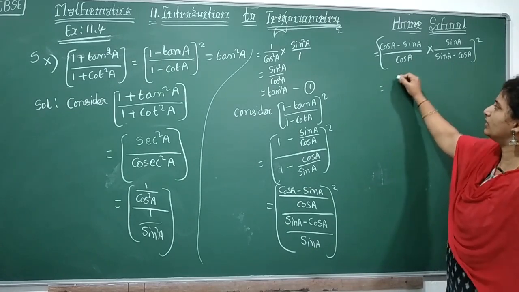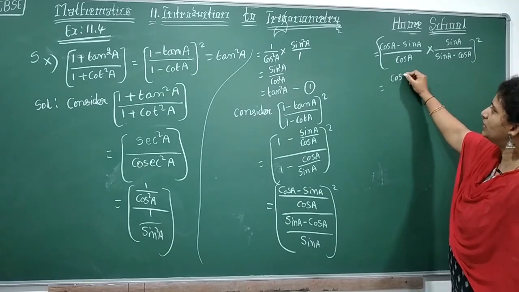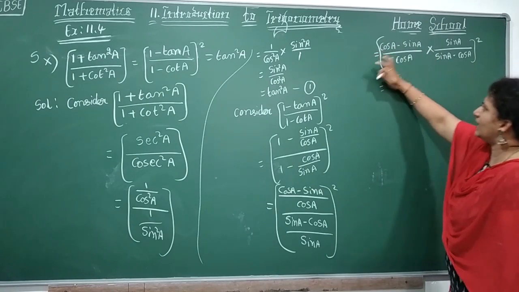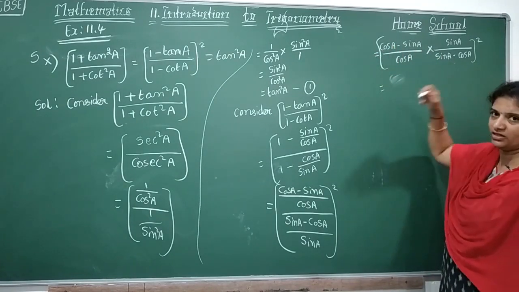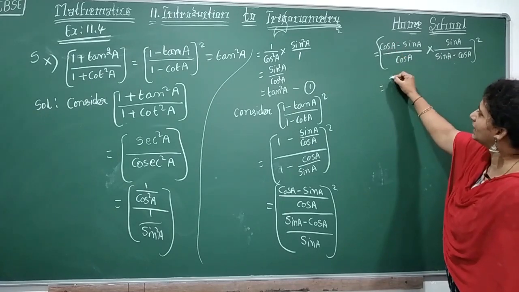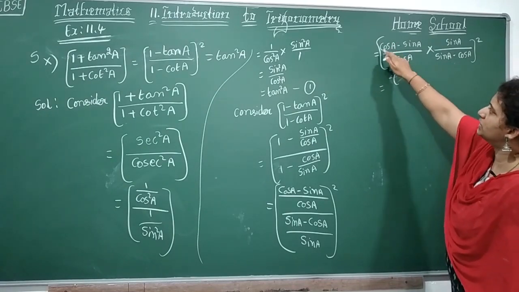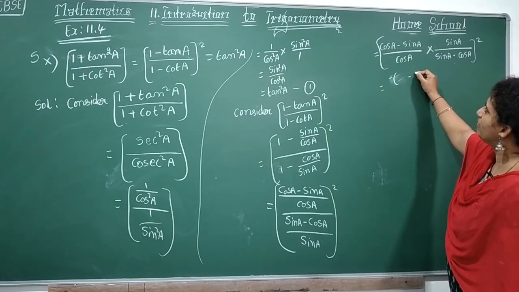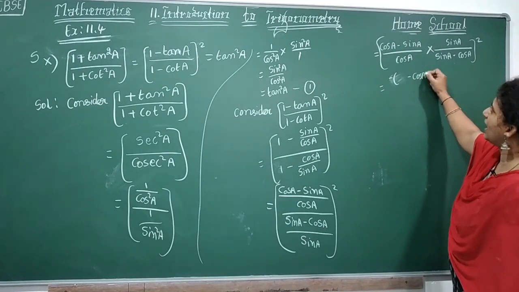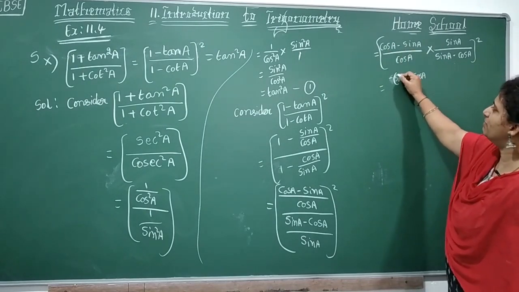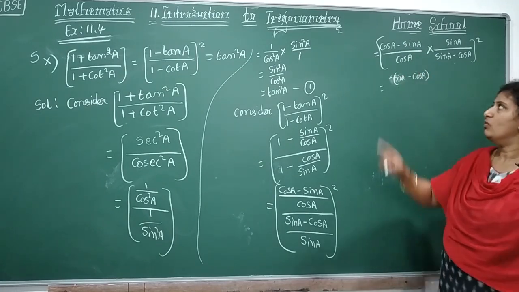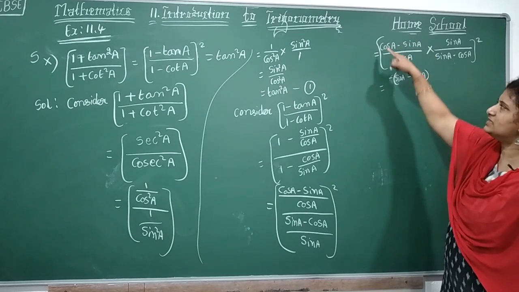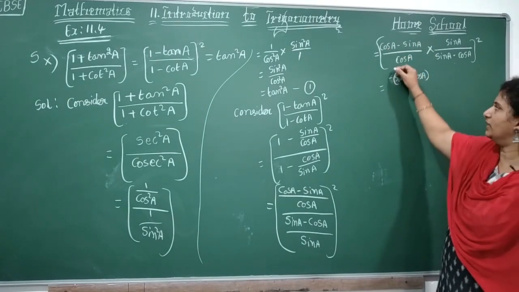So for that, look here carefully. What am I doing here? To cancel, any one you can take, children. Either this you can take negative sign common, or here this one. So here I'll take a negative common. What happens here? Plus cos A will become minus cos A, and minus sin A will become plus sin A. See here, I have rewritten this set again. What did I do here? Only in this I have taken negative common.